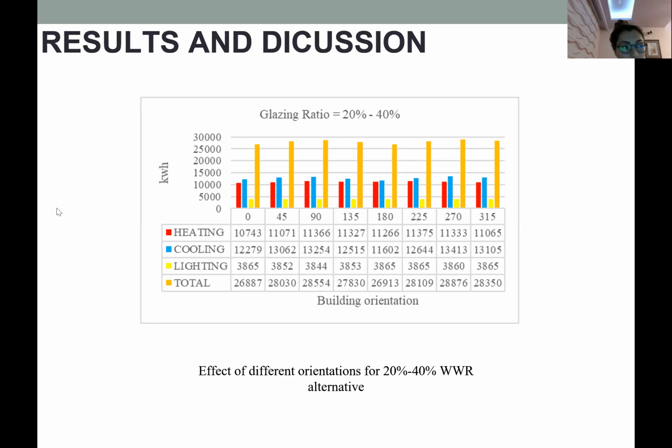Total energy used without any rotating, where WWR is 40% and 20% for the south and north side, is 268,067 kilowatt-hours,